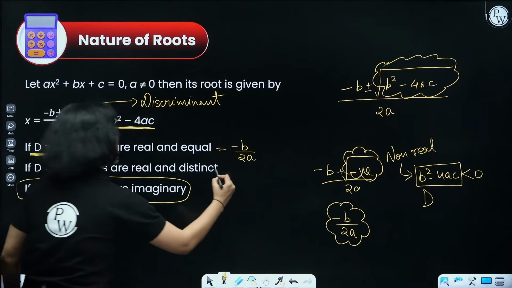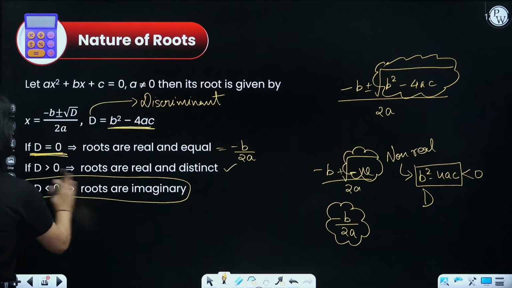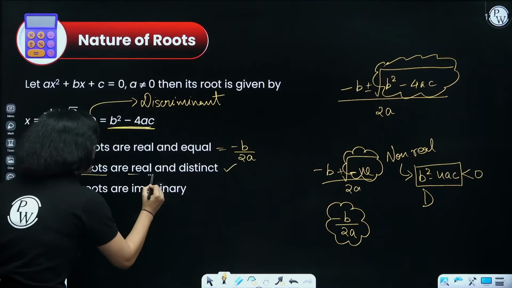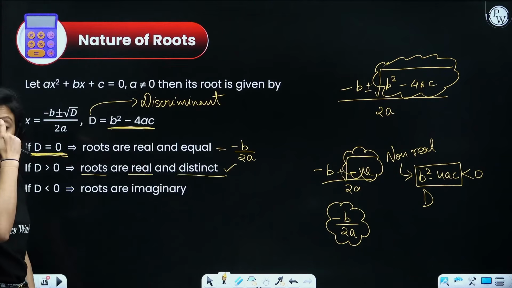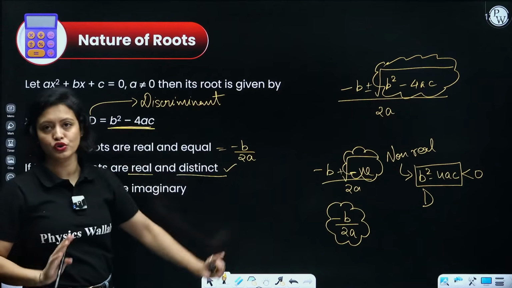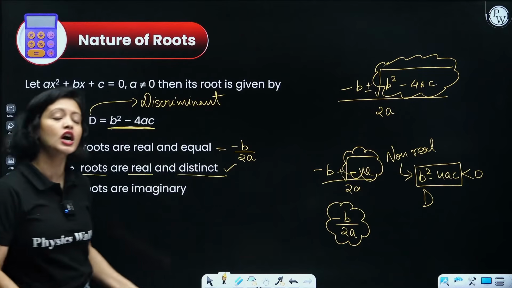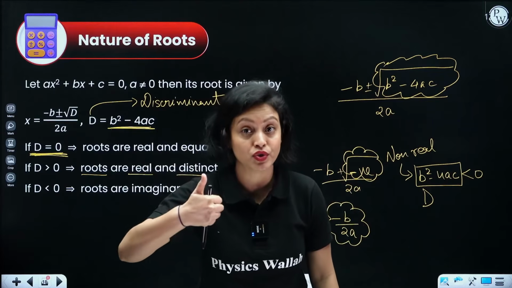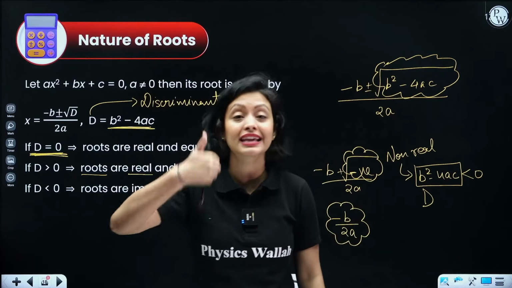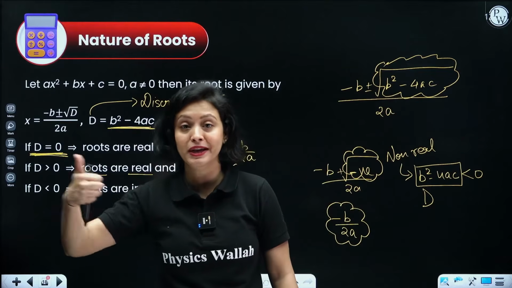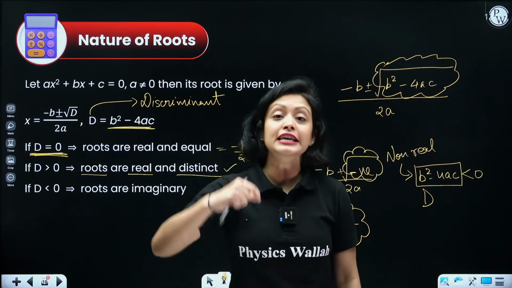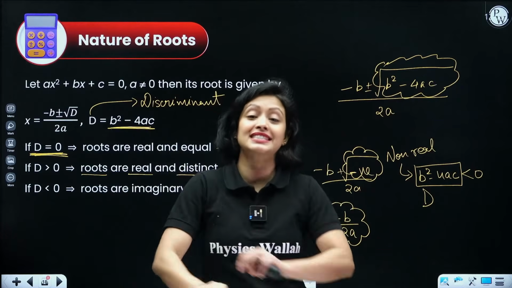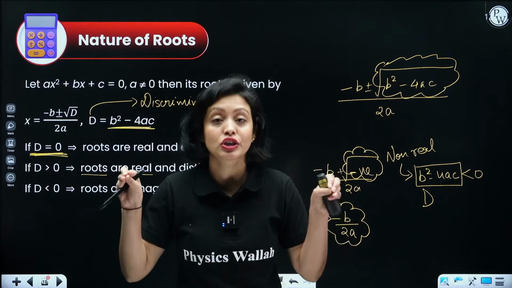So remember, when discriminant is greater than 0, guys, then you get what? You get roots that are real and distinct. Okay? And you can write the roots also very easily. Understood? So there are three cases for roots, guys. When D is equal to 0, you get two real equal roots equal to minus b by 2a. When D is strictly greater than 0, then also the roots would be real, but they would be distinct. They would be both unique, right?